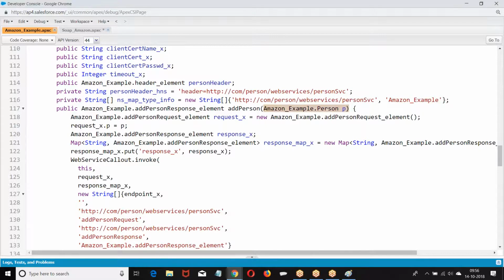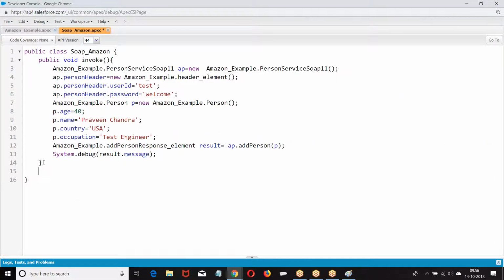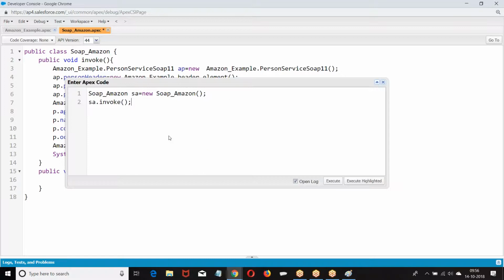Now, if I have a method like this, forget about this person. Suppose I have a method called create, and I want to pass an account. If I want to call this create method, how will I call it? What are they expecting? They are expecting an account as a parameter. Will I pass the account like this?